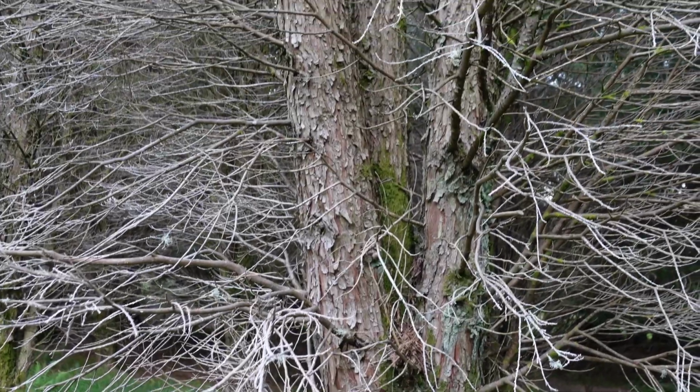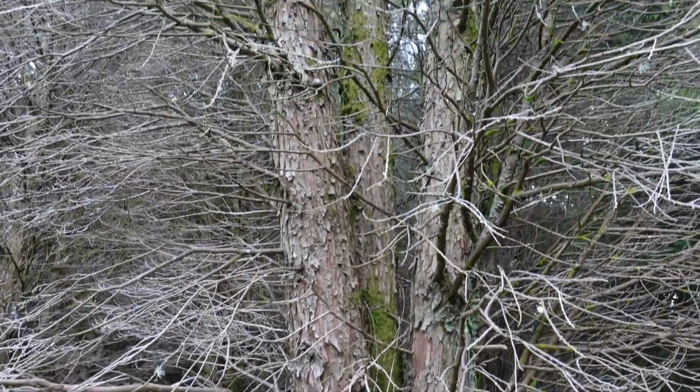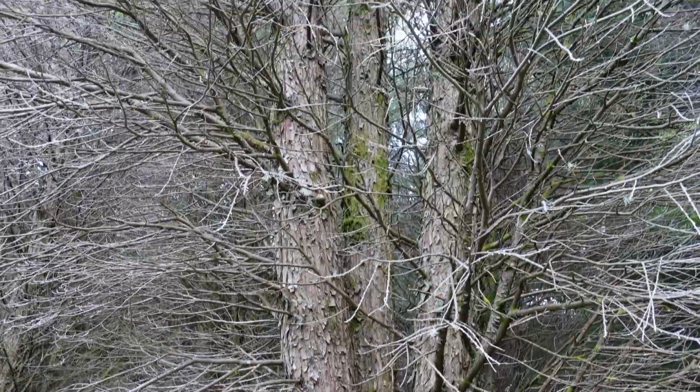I found my first composition, and it's quite surprised me because it's not what I thought it would be. I had visions of walking around the woodland and finding maybe some small flowers or textures or bark or something that would sort of take my attention, and I'd be going in on some small details. What I've actually found is 3 dead trees stood upright beside each other against the green trees behind and the